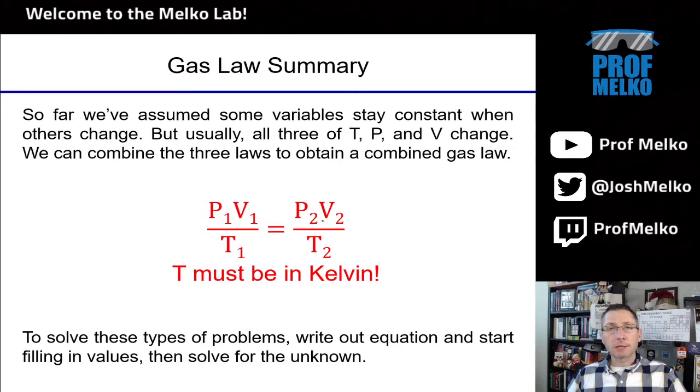This is usually going to be the case when you change the volume of the gas: the temperature and pressure will likely change. So oftentimes we need to use the combined gas law. To solve these types of problems, there are 6 different things we need to know: 1, 2, 3, the initial states of pressure, volume, and temperature, and the final states, 4, 5, 6, of pressure, volume, and temperature. Oftentimes the problem will provide 5 of these 6, and you have to solve for the 6th. Just plug them all in like we've done in previous videos on Boyle's and Charles's. Feel free to go back and watch those previous videos if you need to brush up on it.